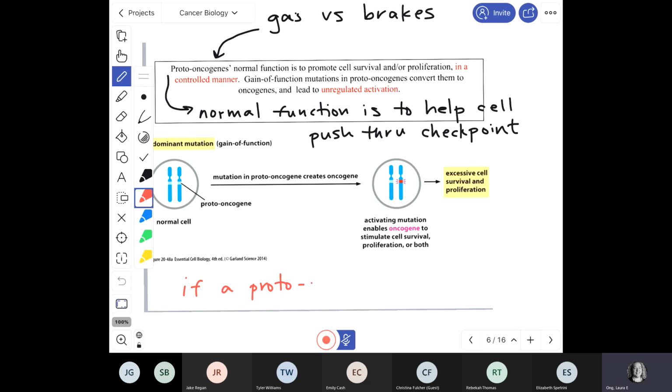If we have some kind of gene whose normal function is to push a cell through the cell cycle and promote cell division, and if that gene has a mutation that causes it to work better,